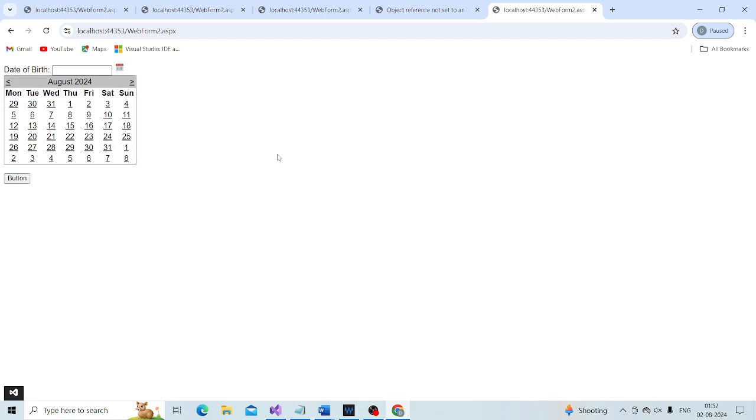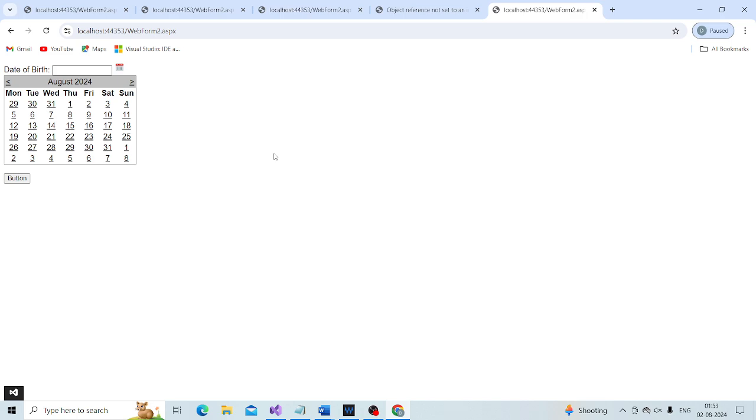Now if I run this, in spite of not having any event handler method, I don't get any runtime error. It simply does nothing. If I click the image button, no message is printed, but we don't get the yellow screen of death, null reference exception. Nothing happens. On the other hand, if there is an event handler method that gets notified, whatever you specified in it will be done.